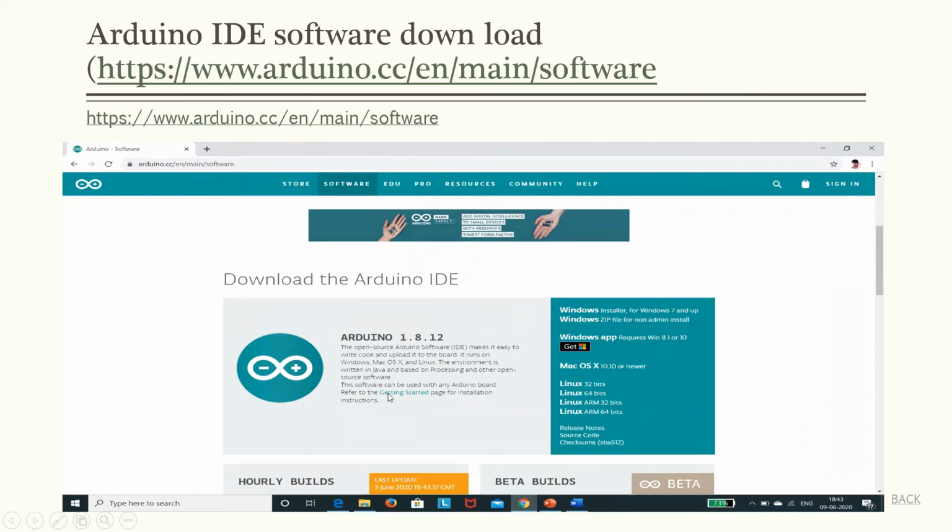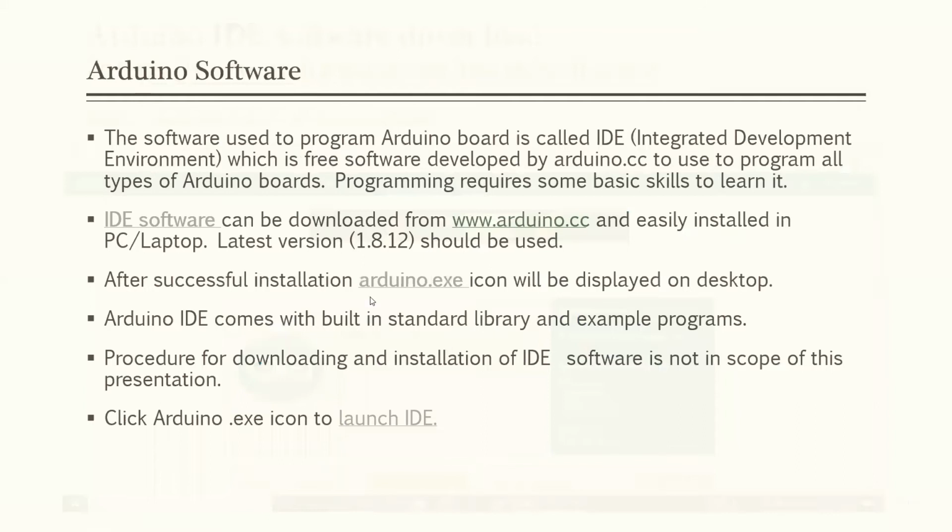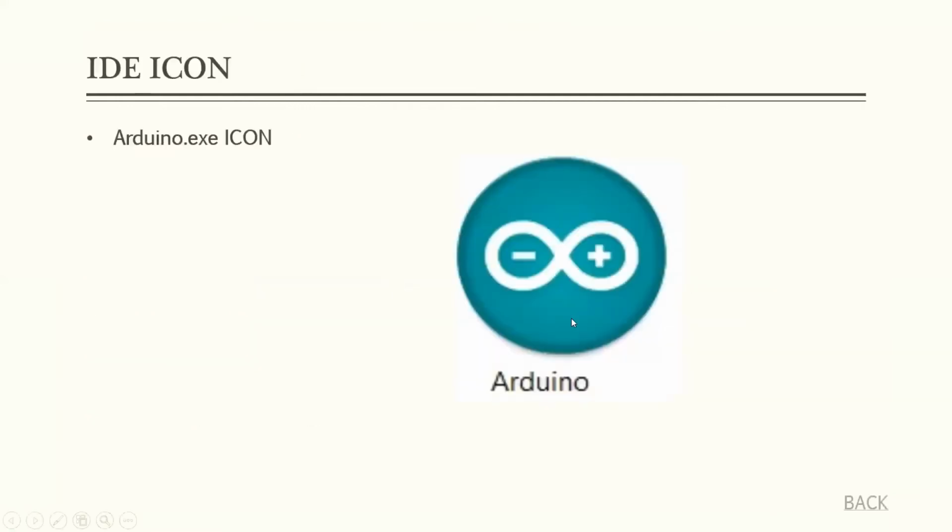You can go to getting started, download the software and install. It is very easy to install the software. There is not much issue downloading and installing it. Once the software is installed successfully, you will see this icon, which is the Arduino software icon, which shows that the software is successfully installed in your system.